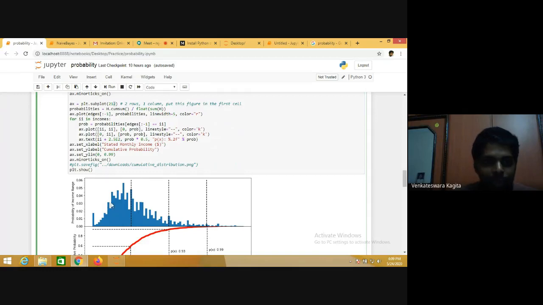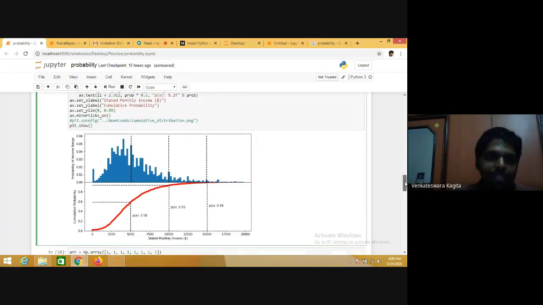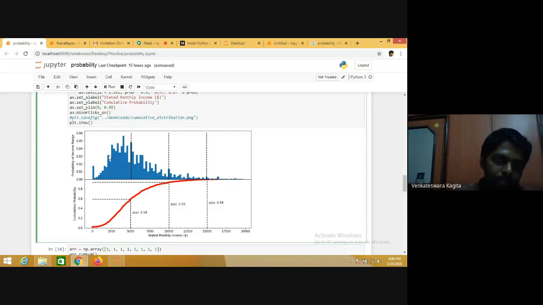Once you have these probabilities, how to compute the cumulative probabilities? We have a histogram of probabilities, isn't it? At this position, this is the probability. At this position, this is the probability. So what is the cumulative probability at this stage? It is the sum of probabilities of all the values that are less than this, isn't it?